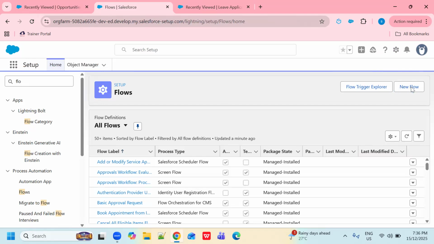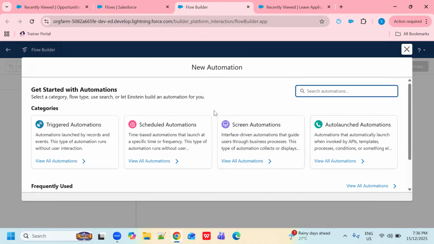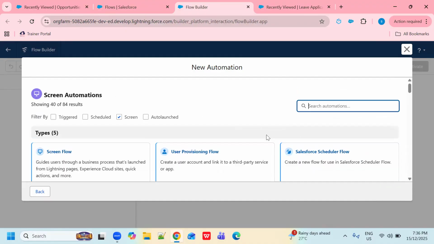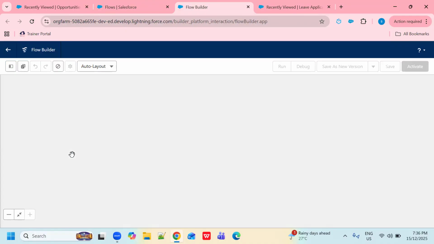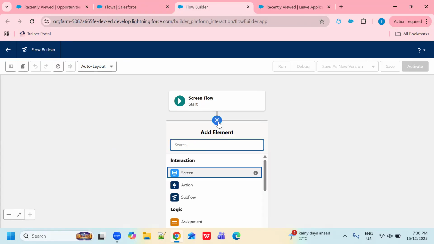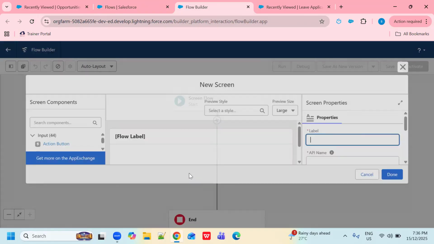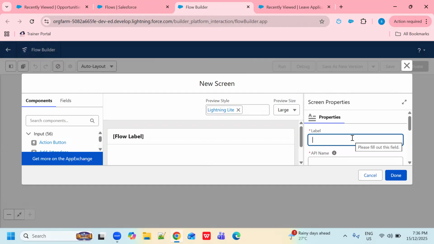Come to our flow, new flow, and here I'm going to use screen flow. Now I'm going to add a screen here, and I'm giving this screen a name, existing pick list, right?